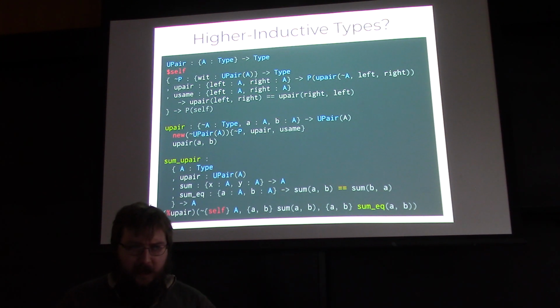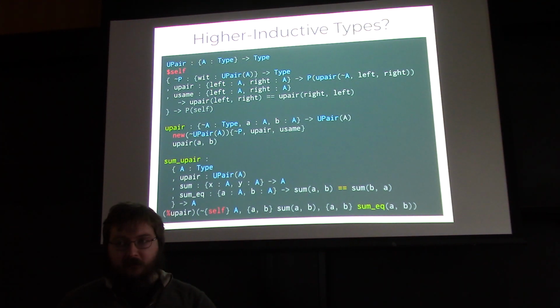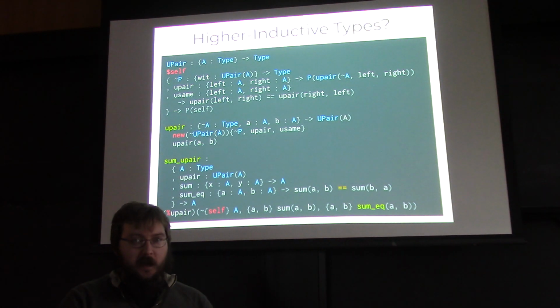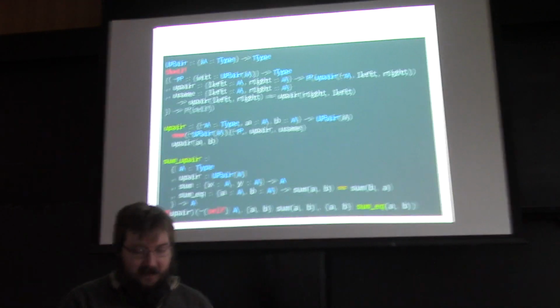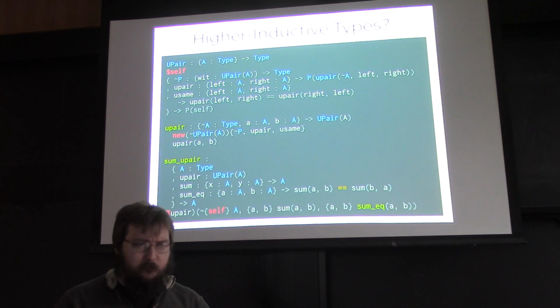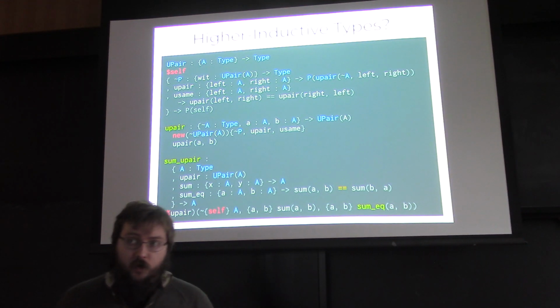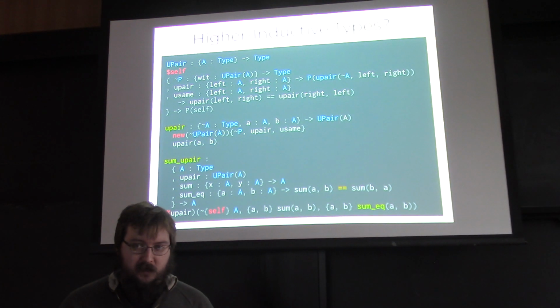But then the next step is adding things like higher inductive types. The extension of homotopy type theory on top of mini-TT is, in cubical type theory, which is the computational interpretation of homotopy type theory that's being actively developed right now, you need to have a couple different things. You need an interval type, a path type, and a glue type to do composition. It's pretty complicated, but we have something already that looks pretty much like native higher inductive types, which